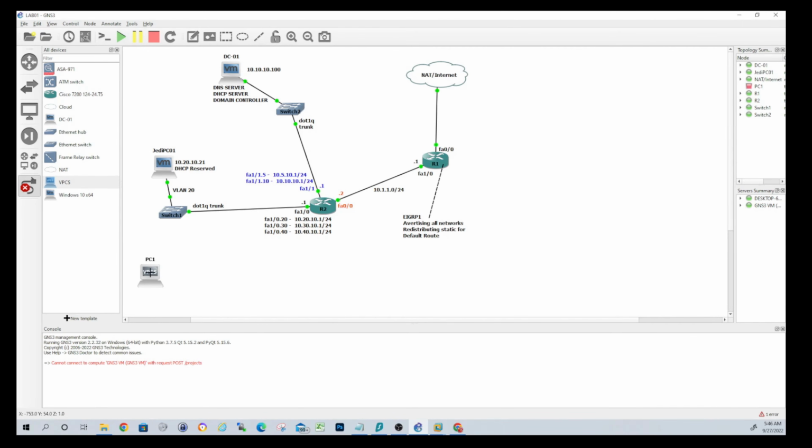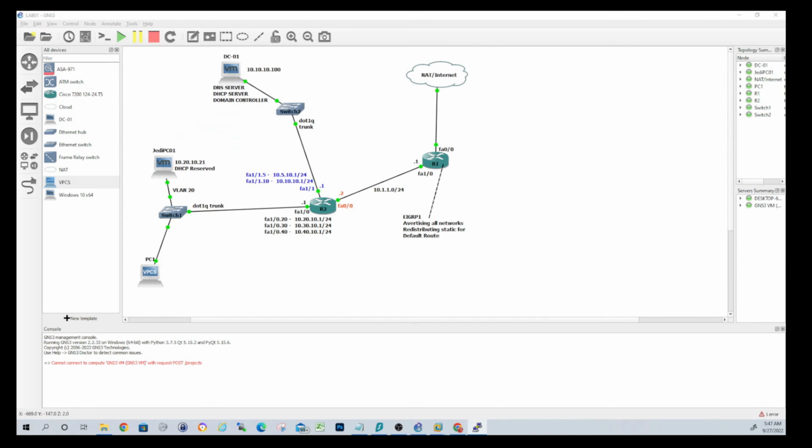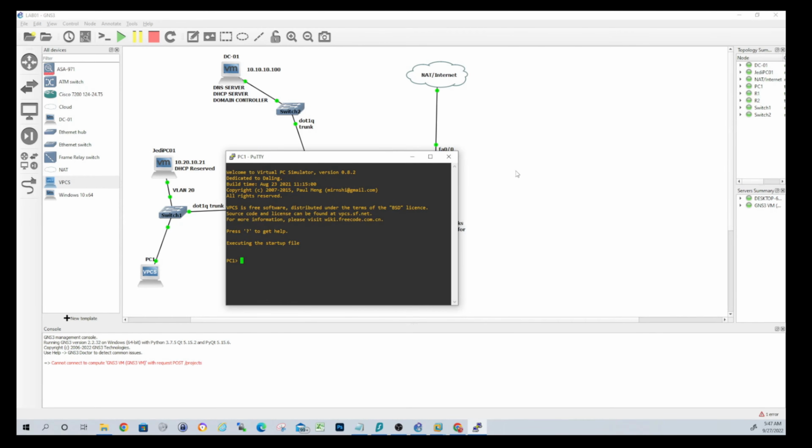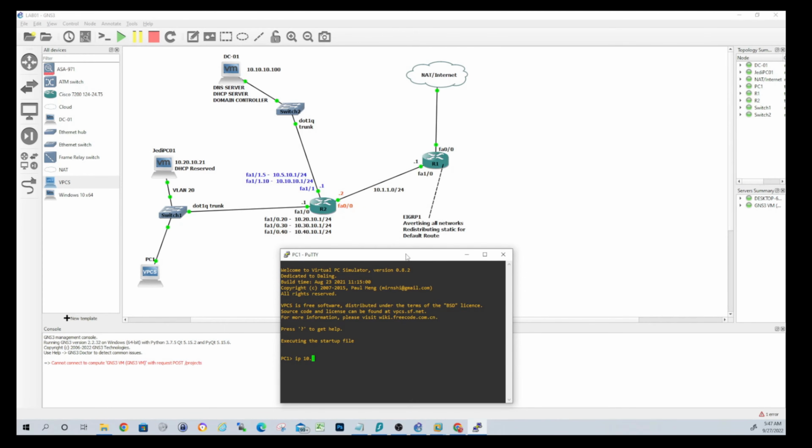We haven't configured DHCP for this scope yet, guys, or for this VLAN or subnet. So we'll just plug in a static for this example here. So let's go ahead and power him on. We'll open console and we'll give them an IP. It has to be in that subnet, obviously. 10.30.10.20,